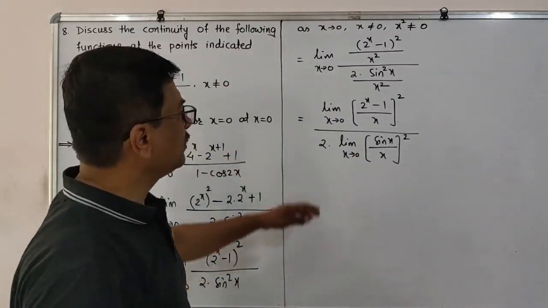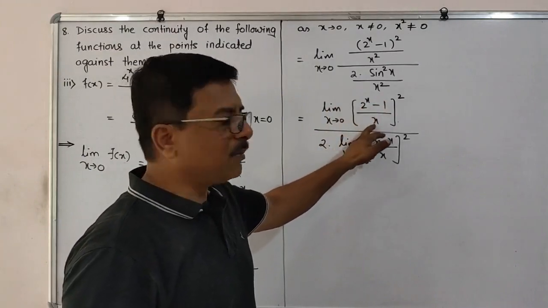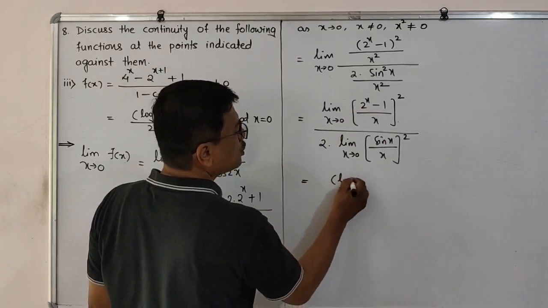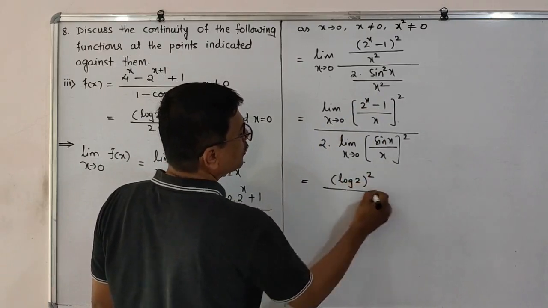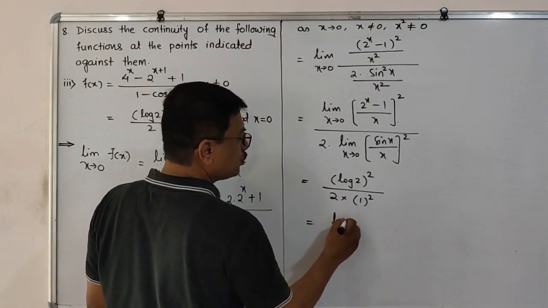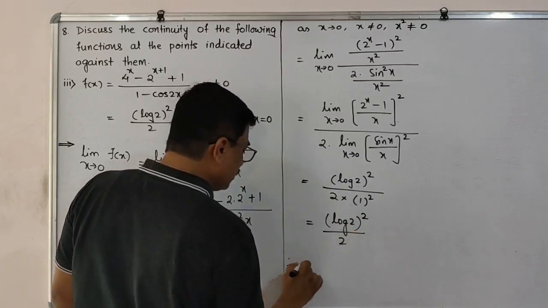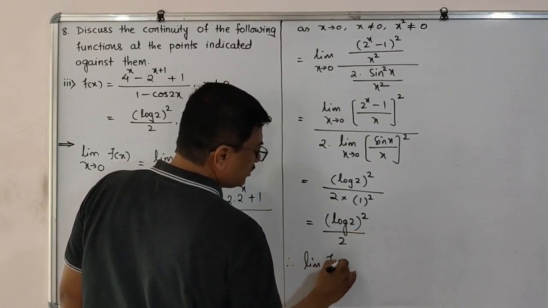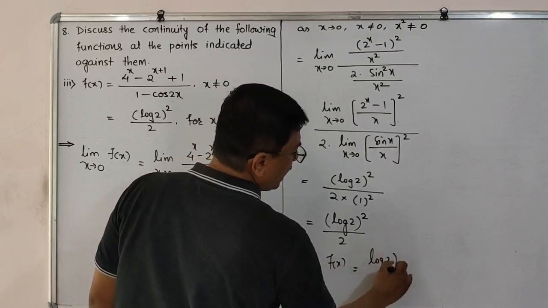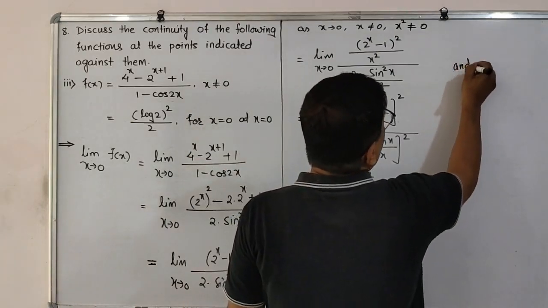Now applying the limit, limit of 2 raised to x minus 1 upon x as x tends to 0 is log 2, means it becomes log 2 whole square upon 2 into 1 whole square. Hence we can say that it is log 2 whole square upon 2. Therefore we can say that limit of f of x as x tends to 0 is equal to log 2 whole square upon 2, and f of 0